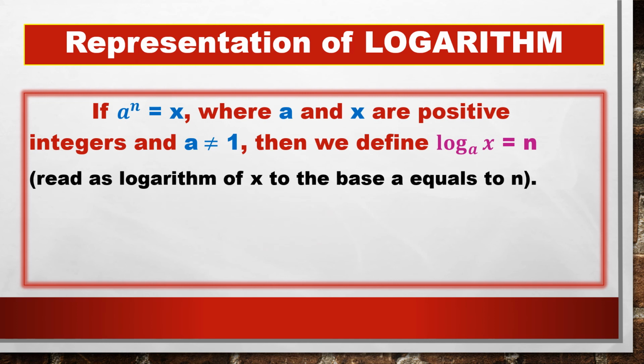I'll take one more example. 3 power 4 equal to 81. Okay, so I can write log 81, this 3 will be given to the base of 81. So log 81 base 3. Simple, this 3 is written as a base of 4. Now you should write it as a base of 81. Okay, 81 base 3 equal to, now 4 is remaining. Whatever power is there is written separately, that's it, equal to 4.